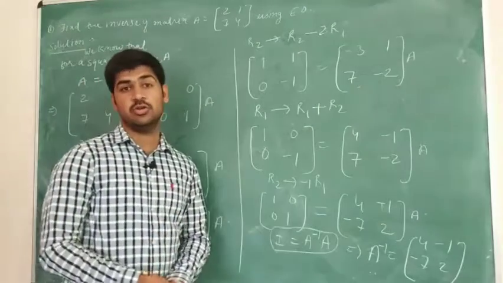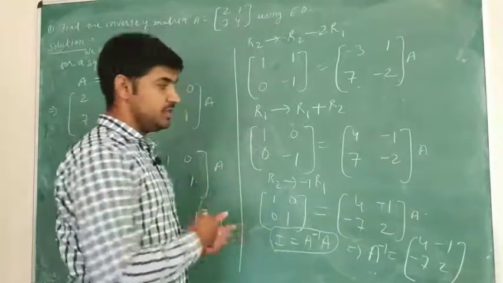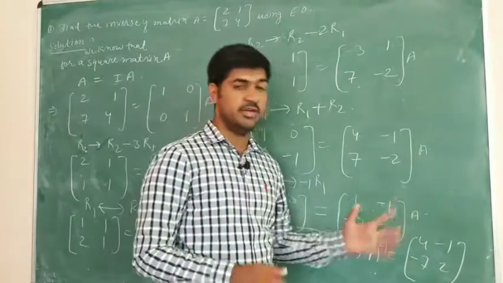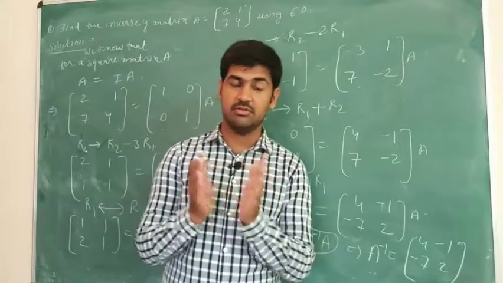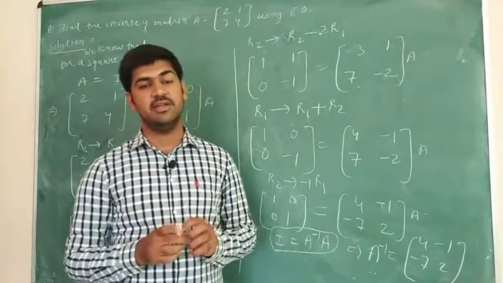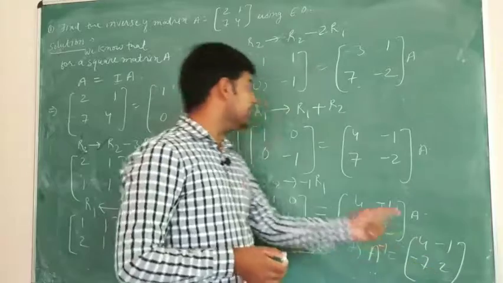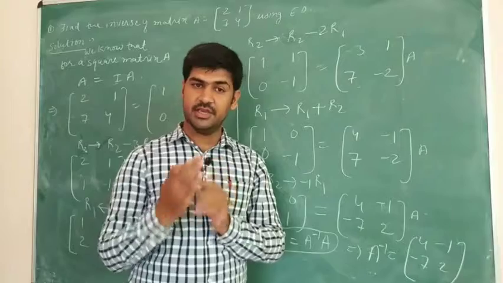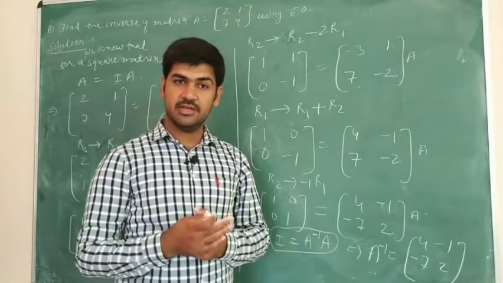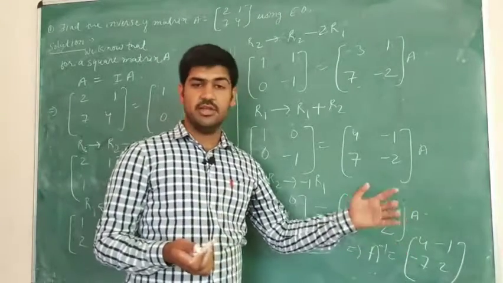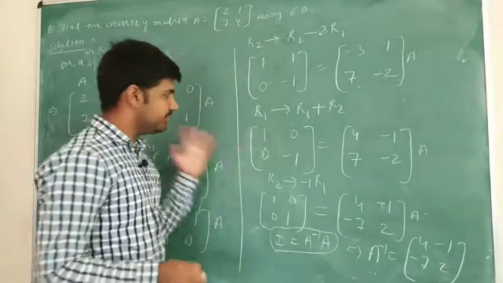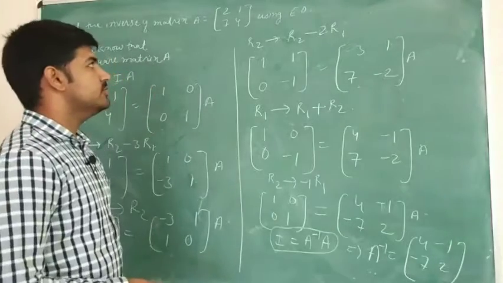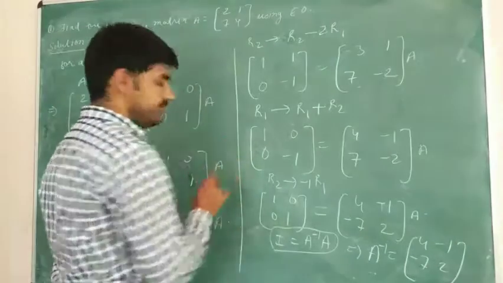We have got this as the inverse of this. So now to be sure that we have done it in a correct way or not, we can check whether this is the inverse of matrix A or not. How can we verify? We can verify it by multiplying this A inverse by A. If we multiply A and A inverse, if we get an identity matrix, we are correct, and yes, this is the inverse of A. And if we do not get this, we have committed some mistake in this process. So let us verify now.